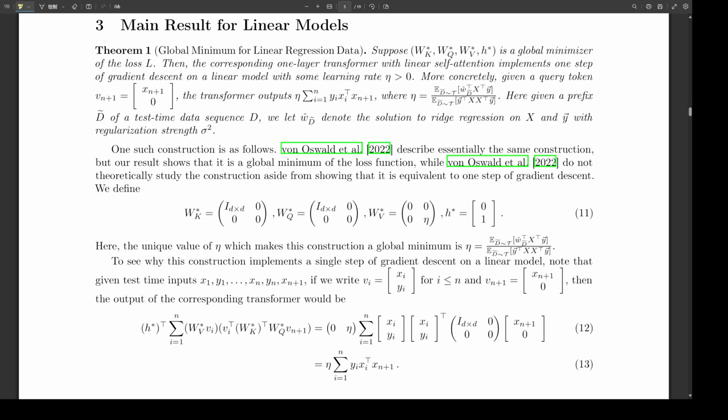Exactly. And the equation for the prediction in this case also changes. It becomes y-hat equals eta times the sum of y_i x_i transposed, times sigma inverse, times x_query. You'll notice that the inverse of the covariance matrix, sigma, is now being applied to the input features. So the shape of the data encoded in the covariance matrix is directly influencing how the algorithm learns. That's a key takeaway. The distribution of the data isn't just some side detail, it's actually shaping the learning process itself. This is blowing my mind.